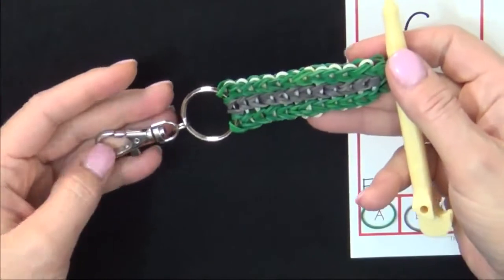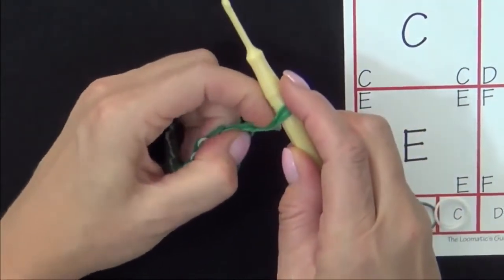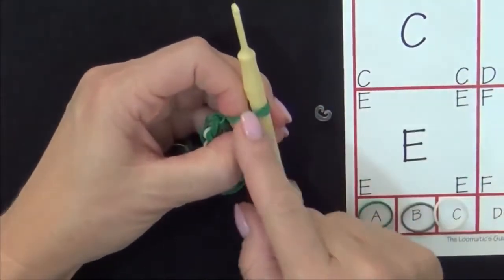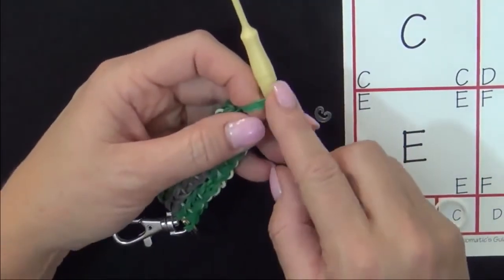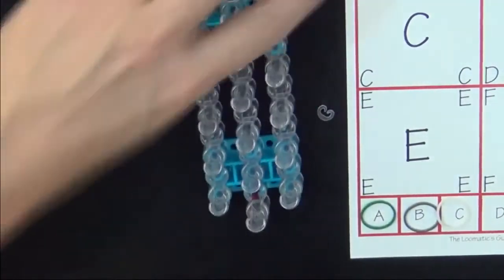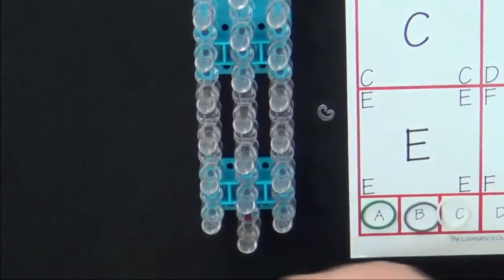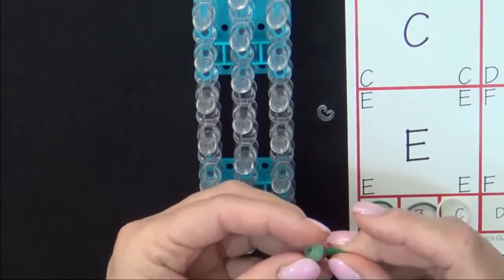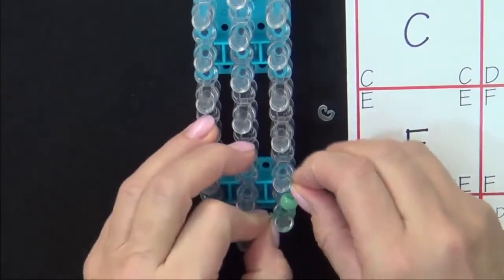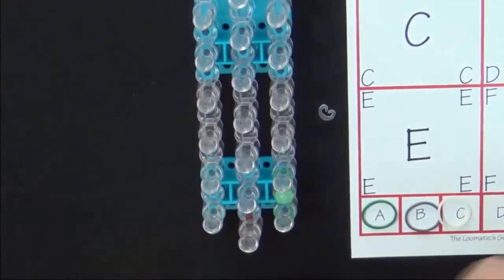Now we're almost done with the backpack tag. We just have the end to complete here. If you would like, you can just attach your C-clip to this, and then your backpack tag is complete. If you would like to add a little extension, I'll show you that process right now. Similar to how we used beads, you push your band through a pony bead, and you can place that on one side of your loom,